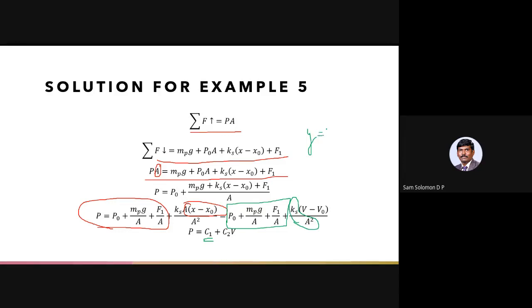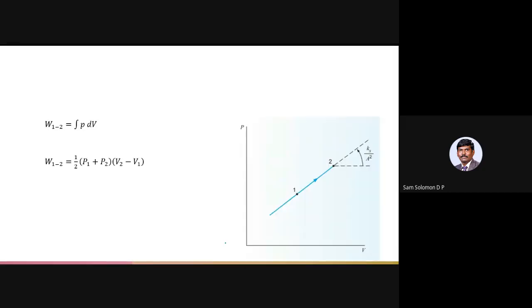Y equal to mx plus C. Okay, so now in the PV diagram, I have a curve, or I have an equation which is similar to a linear line. Okay, so I am seeing a line like this. So this picture also I have taken from Sontag. Okay, so you have 1, 2 as the process, and in that process it is a linear line.